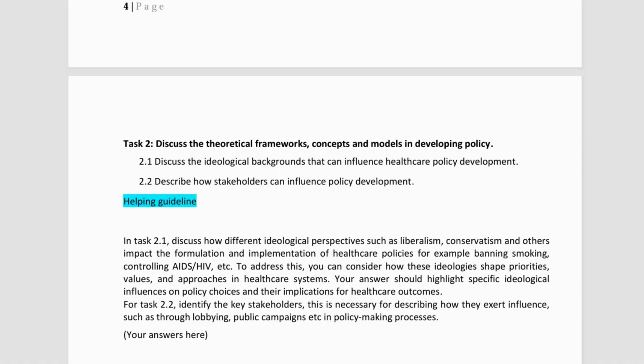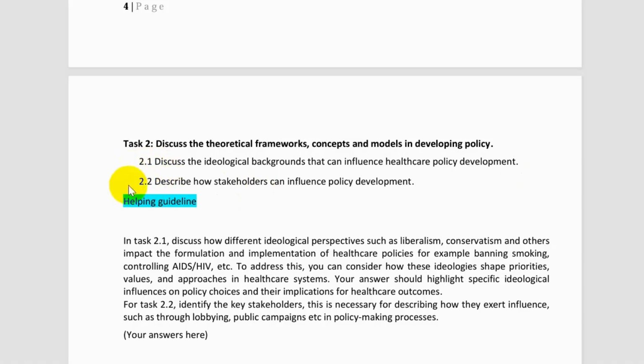It means that you need to look at the different political ideas or concepts or theories, like you may consider discussing liberalism, socialism, etc., that you think can play a major role in impacting the healthcare policy development process, in terms of how these different concepts, theories or viewpoints influence the decisions about the healthcare outcomes.